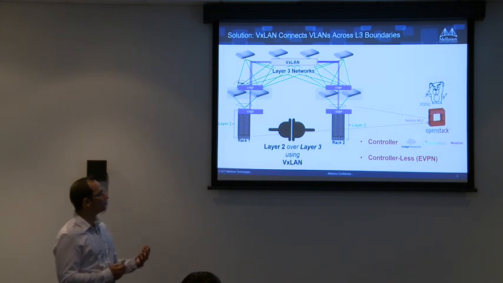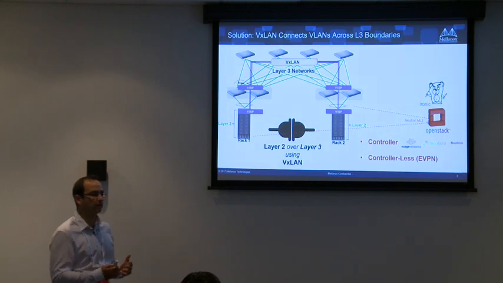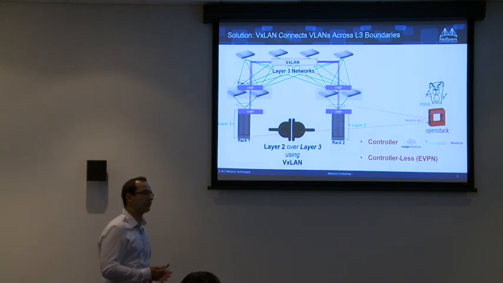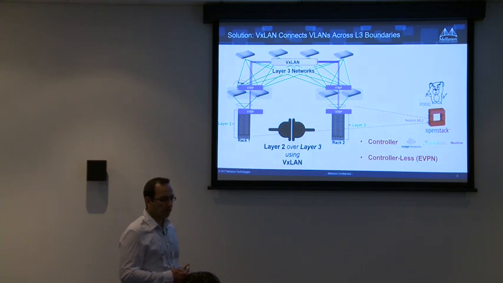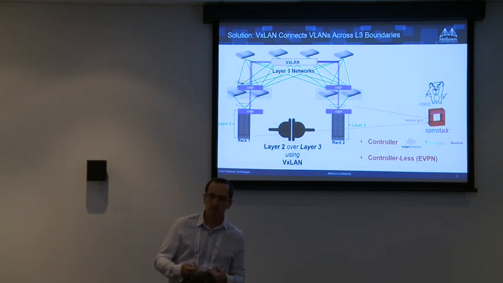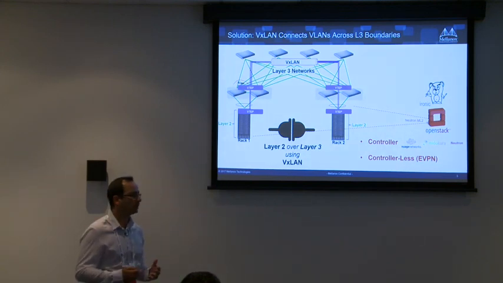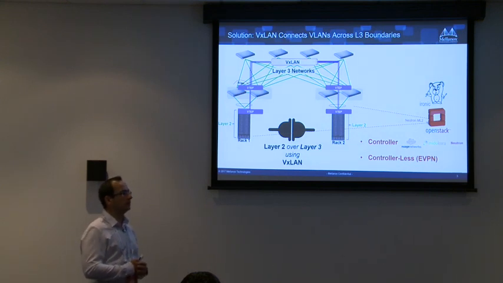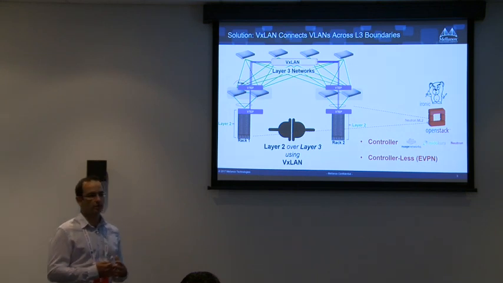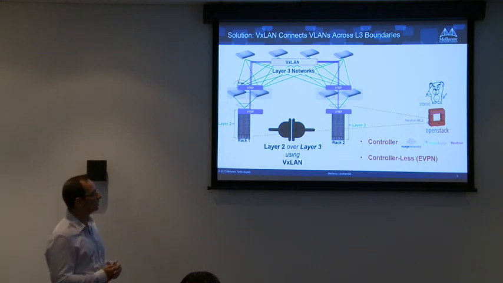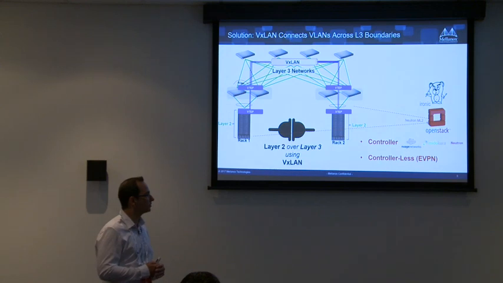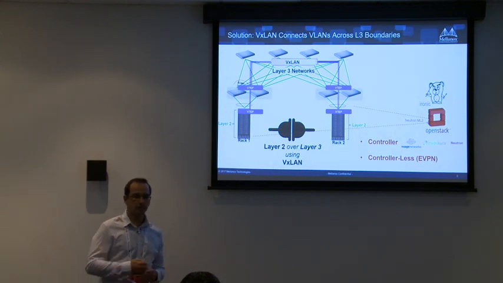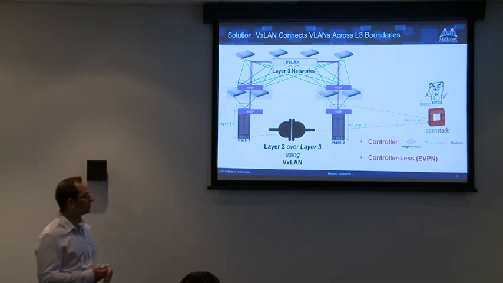And there are also two options for how to control this. One of them is with a controller, so you can use Neutron for that. I think there was big progress made to make Neutron more scalable for this operation. But we have a lot of customers that are actually using other controllers. Some of them, you know the names, for example Nuage, Midonet of Midokura. In other industries, it's NSX from VMware and so on.